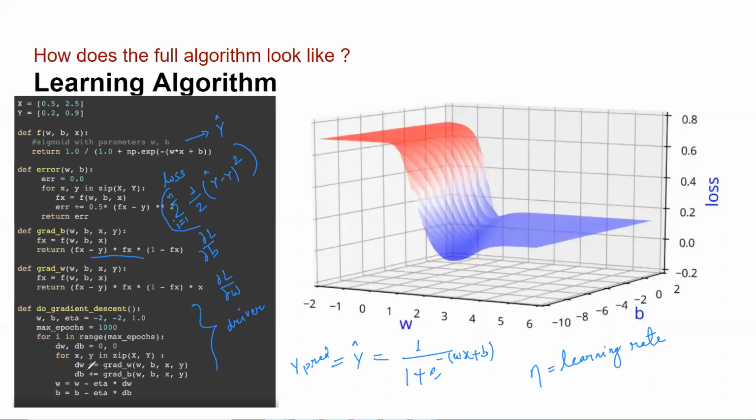Now I am computing dw and db. What are dw and db? dw is the partial derivative of loss with respect to w, and db is the partial derivative of loss with respect to b. So here I'm computing db and dw. Once I get db and dw, I can update w and b. w is equal to w minus eta dw. This was the formula I had